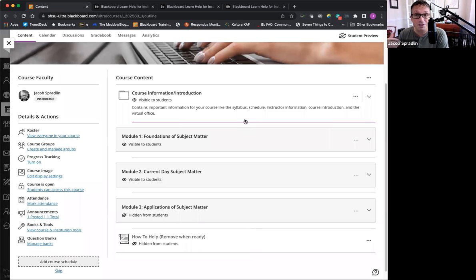For our purposes of the templates course, we leverage two types of content containers. One is the folder, and the second is the learning module. You will find that the learning module has now become your best friend when it comes to displaying content for students for a couple of reasons. First, because you can control how that content is released. It can be released sequentially. It can be released based upon them completing things, or it also helps because it reduces the number of clicks